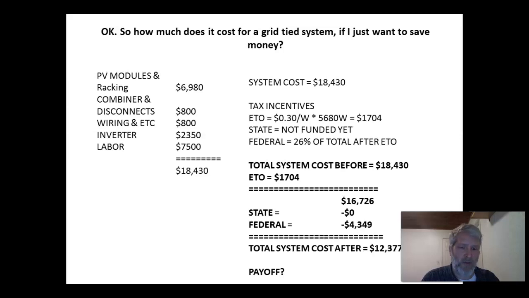And then we have the federal tax credit, which unfortunately went down from 30% to 26%, and will go down at the end of this year to 22%, I believe. I'll have to look into that. And then it's gone. So hopefully we get some new administration in here that will bring that solar incentive back up,